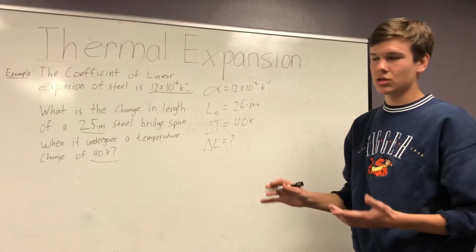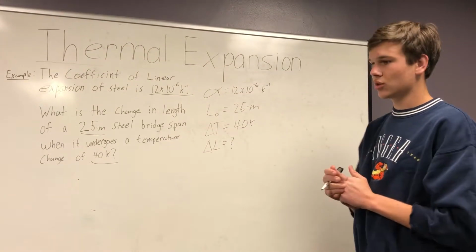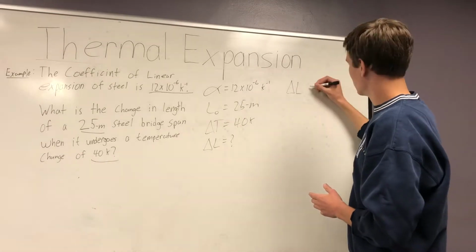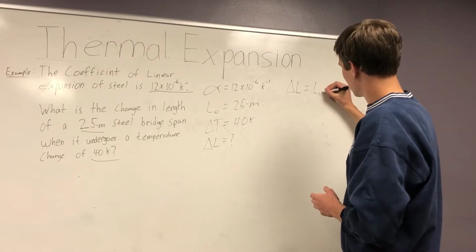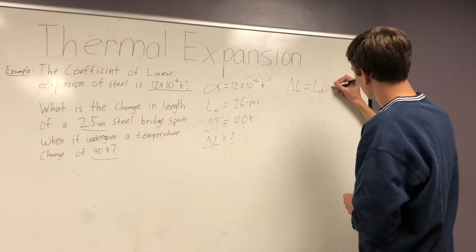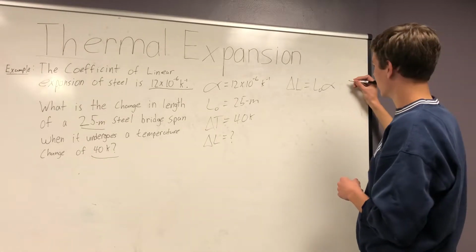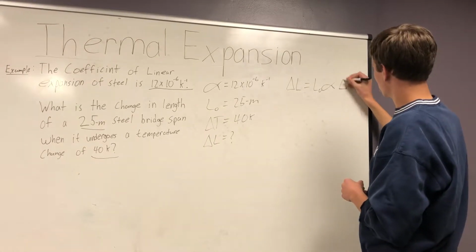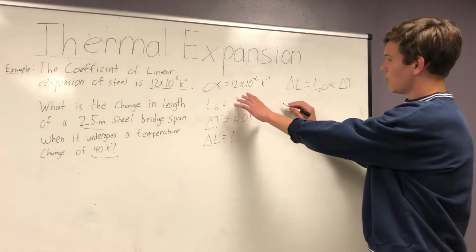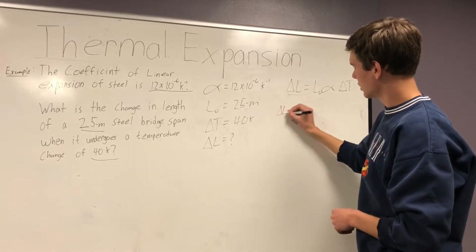So once you have these knowns, you should be able to see that the equation you're going to want to use is the thermal expansion equation. So that, which you should know before your test, is change in length equals the initial length times the coefficient of linear expansion, and then finally times the change in temperature. All right, and so you can then plug these values into the equation because you're searching for the change in length. So delta L equals